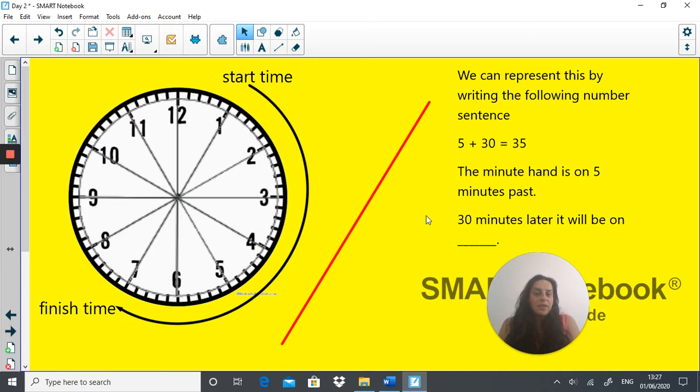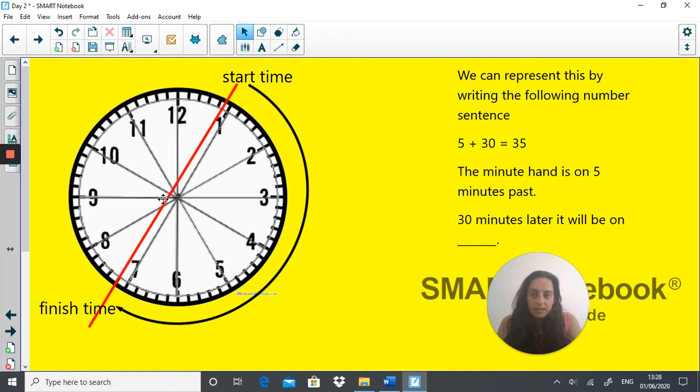Here we go. So hopefully you will draw the red line like this, because the start time is 5 minutes past, and after half an hour elapses, it's 35 minutes past. Now, how do you work this out? We can represent this by writing the following number sentence: 5, because the start time is at 5 minutes past, plus 30, because 30 minutes have elapsed, equals 35, i.e. 35 minutes past. The minute hand is on 5 minutes past. 30 minutes later, it will be on